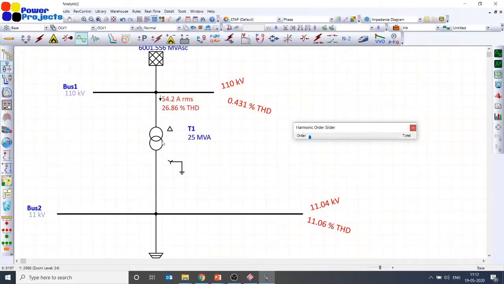You need to understand what the point of common coupling, that is PCC, is. It is generally defined as the point at which the responsibility of the utility ends and the industry starts. That's probably where you have an energy meter. So assume that this industry gets the power supply at 110 kV and the meter is available at 110 kV, then at 110 kV you need to check whether this data is within the limit or not. If it is within the limit, then fine. If not, then you need to size the filters to mitigate the harmonic impacts.